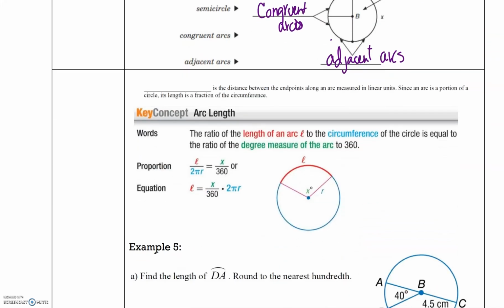All right. So the last thing we're going to find is arc length. Now, for arc, we're looking at its degree, and it's the same as this degree, but the actual length, the measurement of this arc, we can find using our circumference formula times the degrees divided by 360. So here's our formula here. Again, this is circumference, and then this is just finding the percent that the degrees are